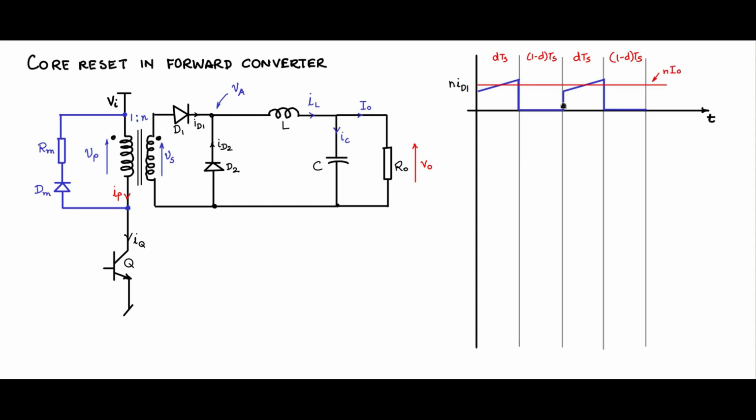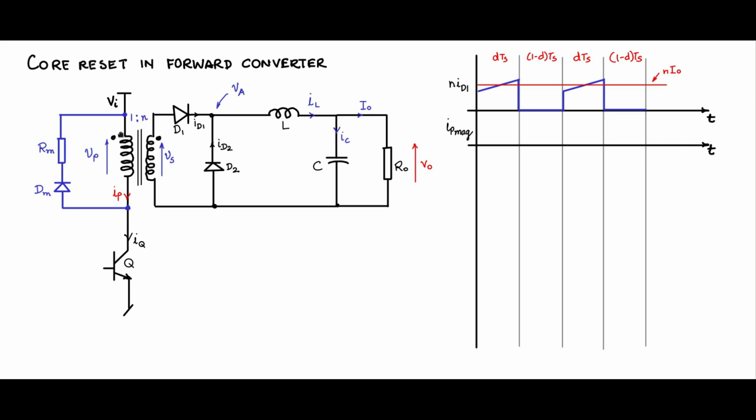Now next we should understand that this is a transformer, and there is some current needed to magnetize the transformer, and that is the magnetization current. So a magnetization current also will flow through this primary, and that should be added to that to get the total IP. So what will be the magnetizing current? I will say IP mag.